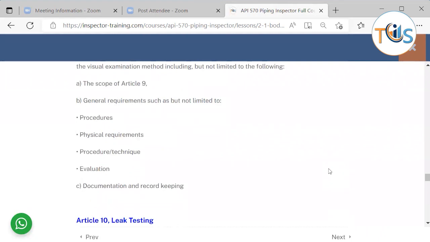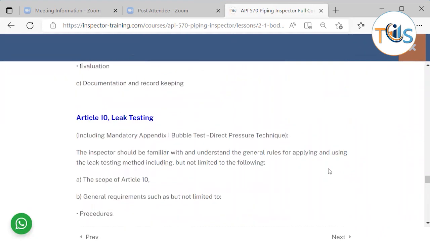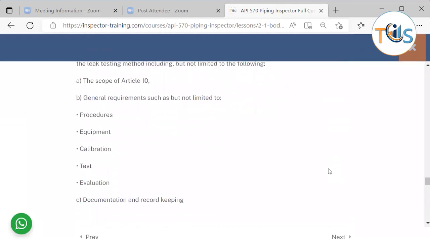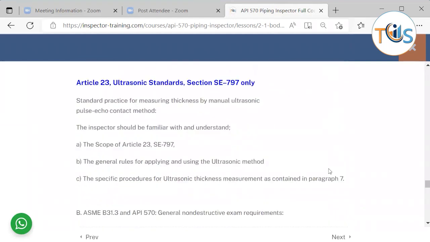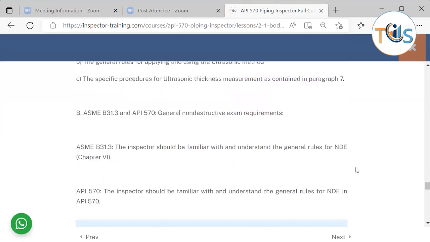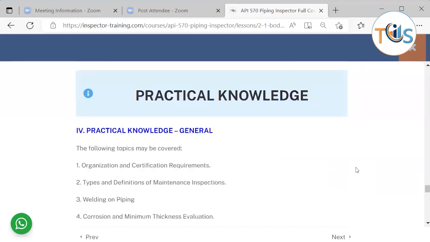And then finally, the visual test, same thing, and leak test. You should know about the steps, procedure, calibration, evaluation, and record keeping. And this ultrasonic standard is only for the 0-degree probe, just for lamination check. But we have also brought in a complementary UT section, which covers other techniques of UT as well. And now the practical knowledge, they also summed it up. This is practically based on